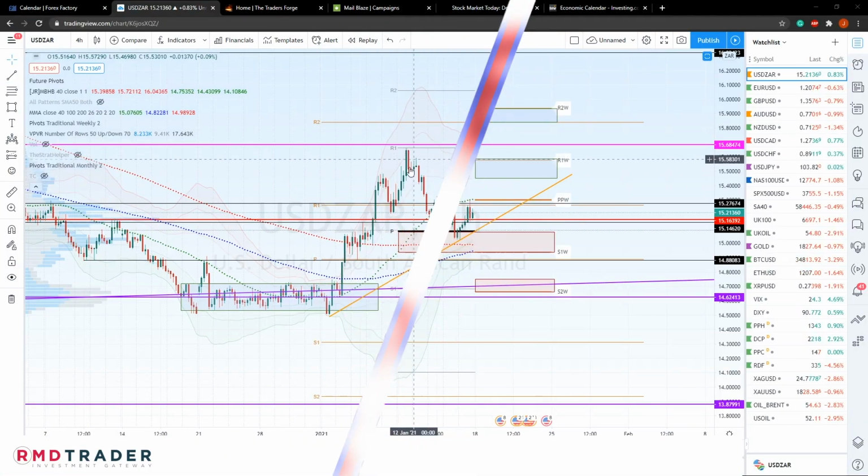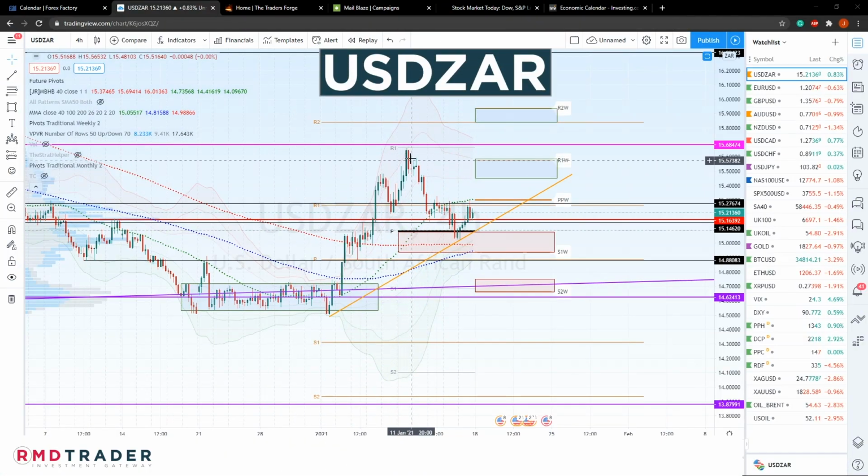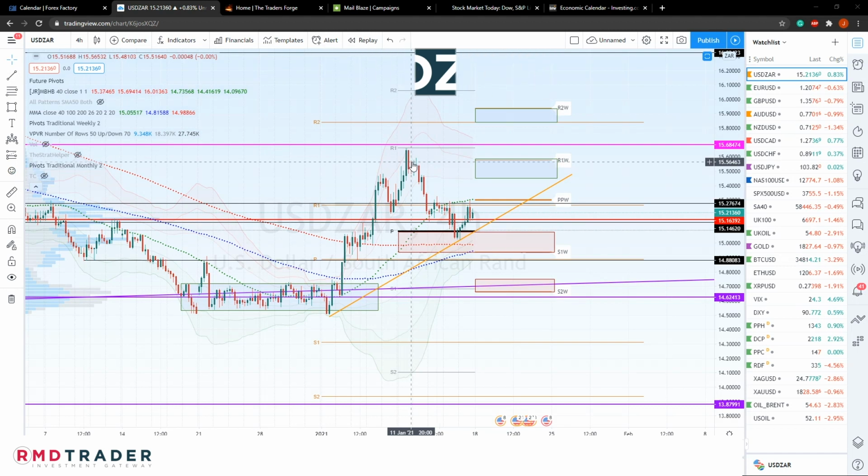We are starting once again with the US dollar to South African rand. Our support and resistance levels from last week worked out quite well, with resistance at the weekly R1 being respected, and as we can see, that's exactly where the market then turned, as well as our support level that we mentioned at the weekly pivot. A strong rejection currently from the new weekly pivot and also this 50 SMA